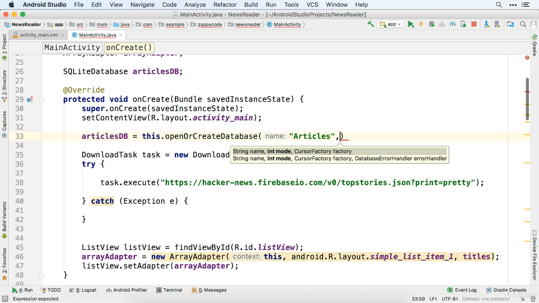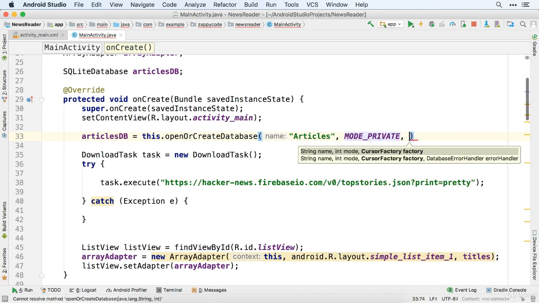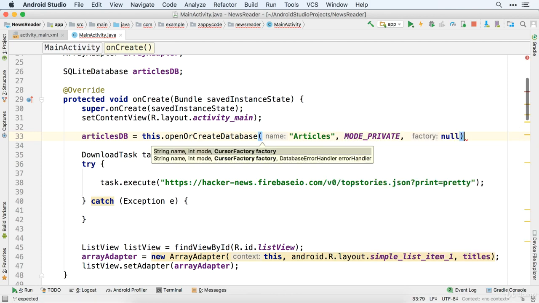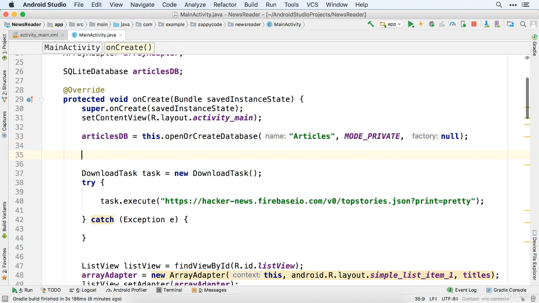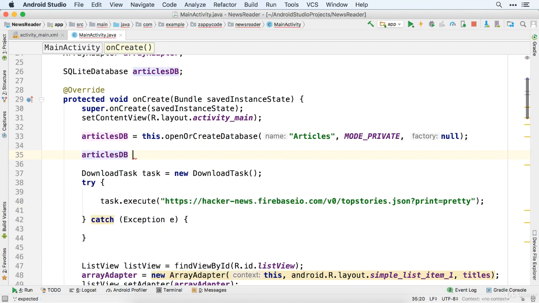Okay, and we want to pass in MODE_PRIVATE, and we also want to say null at the end because we don't need any special handling. All right, with that in place, the next thing we need to do is execute a statement to get a table set up for all this. So articlesDB.execSQL, and the string we're going to put inside here is, and be ready because we've got a lot of typing, CREATE,